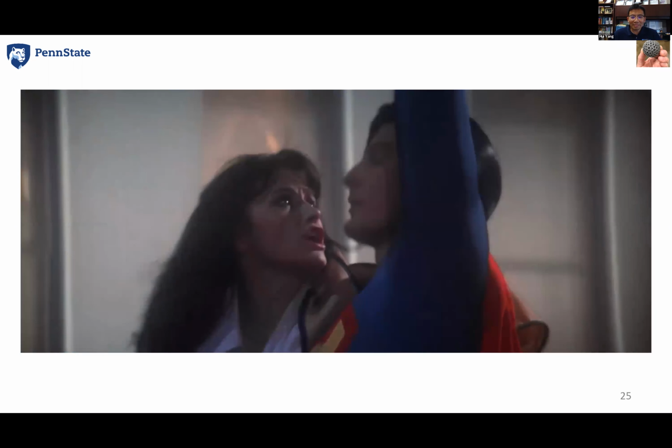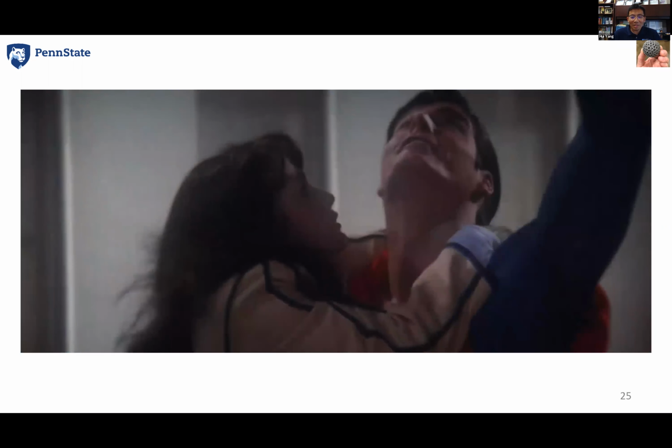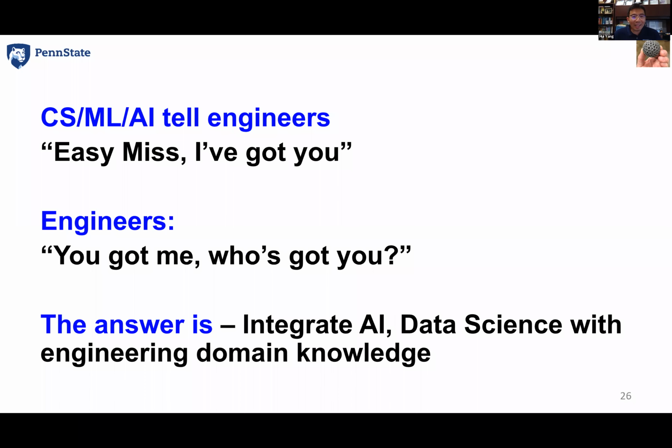So it's like Superman, right? No matter what the problem, people say AI. Like, AI tells engineers, easy, I have got you. Engineers say, oh, you got me? Who has got you? Okay, so the real answer is we need interdisciplinary study, like